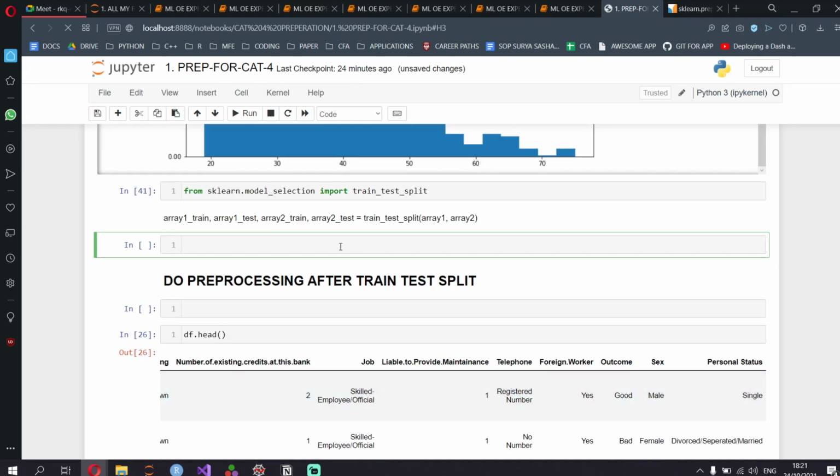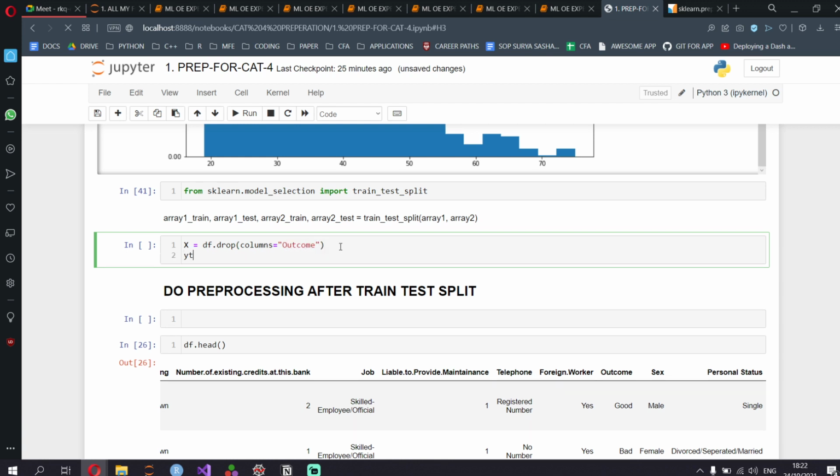So X equal to df of, you can't put each and every column name. If you want, you can do that also. What I like to do is put df.drop columns equal to outcome, and Y is equal to df of outcome.